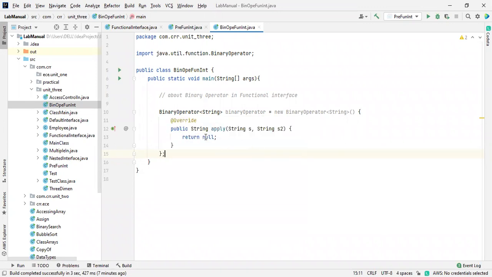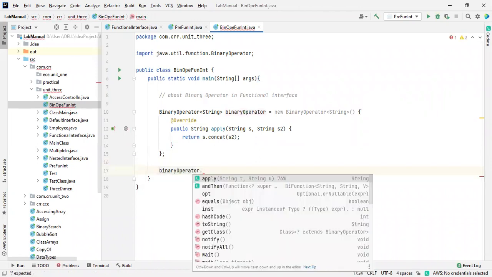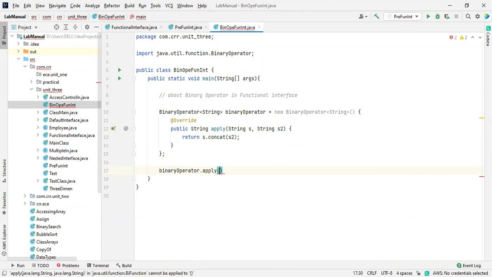So I will take it as s dot concat s2. We'll check whether it prints or not. I'm going to send the values. How are we going to pass the value? Binary operator dot apply, this is the calling function.